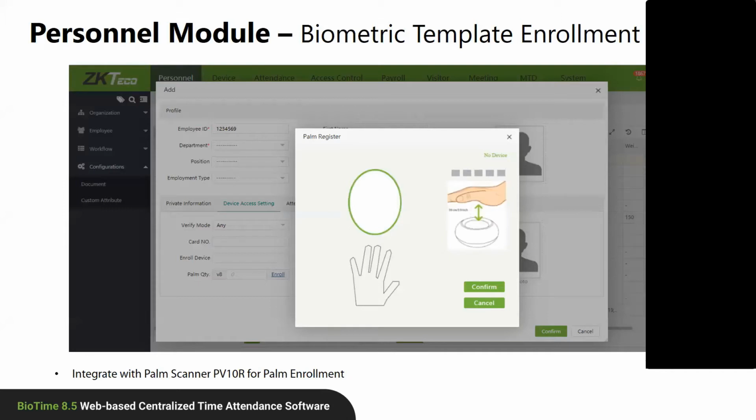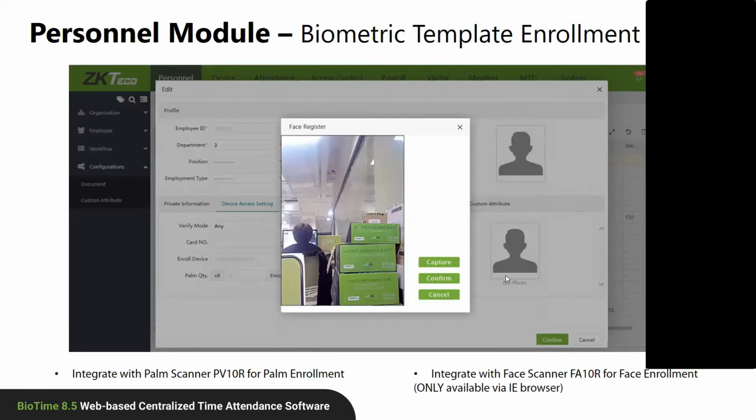This is the biometric template enrollment, where you can plug in a biometric device, let's say for fingerprint separate or any palm device separate. This is, for example, a palm registration. So you have to plug the palm enroller device into the laptop or any desktop. Then you can directly click on this feature, which is shown here, and register the palm. This is again for the face registration. So we have options for palm, fingerprint, and face.